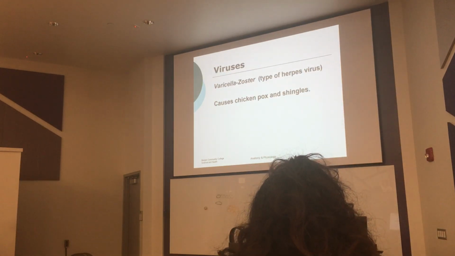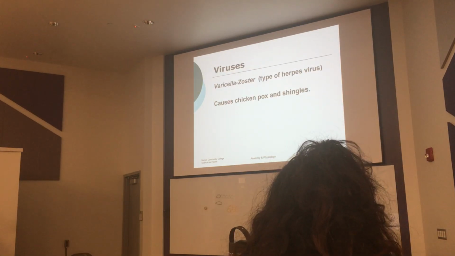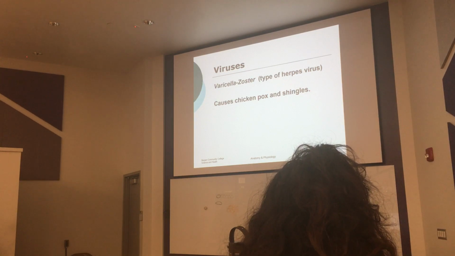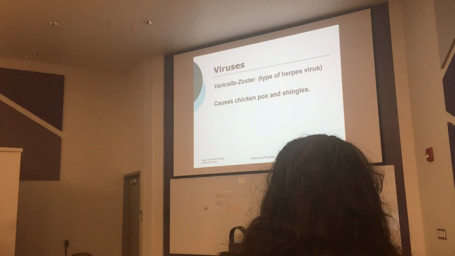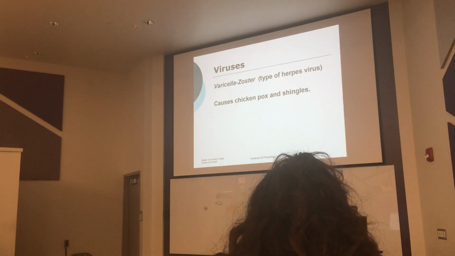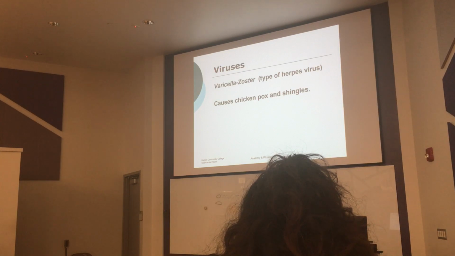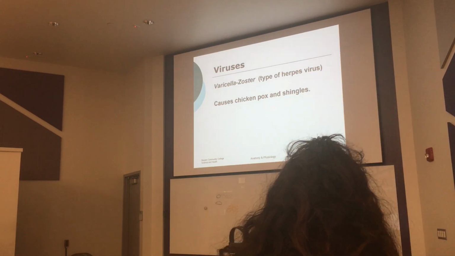Okay, the viruses. The varicella zoster virus, it's a type of herpes virus. The sexually transmitted herpes is the herpes simplex. Simplex 1, simplex 2, that's sexually transmittable. Okay, this one here is the varicella zoster. This is chickenpox. Okay, this is just a natural childhood disease. It's one of the 5 childhood diseases. But what happens is,